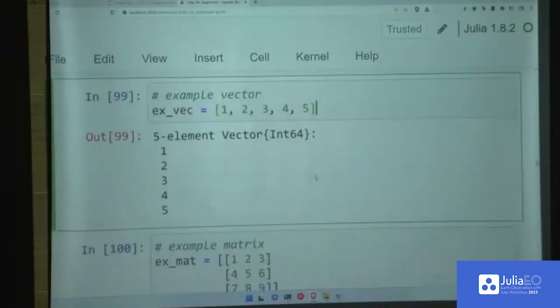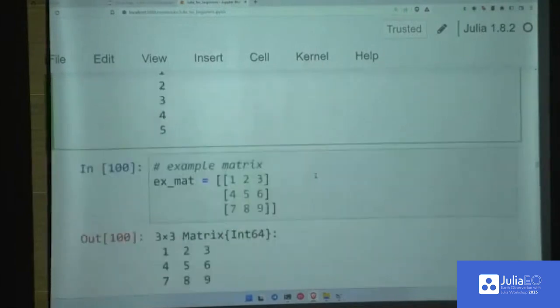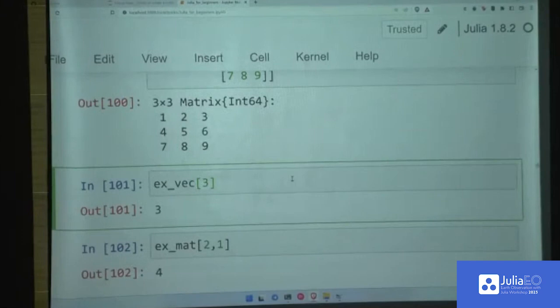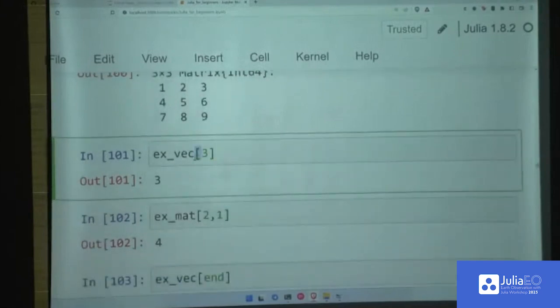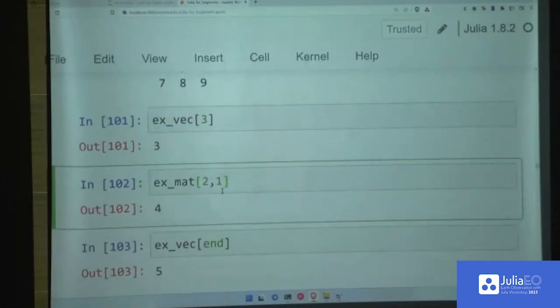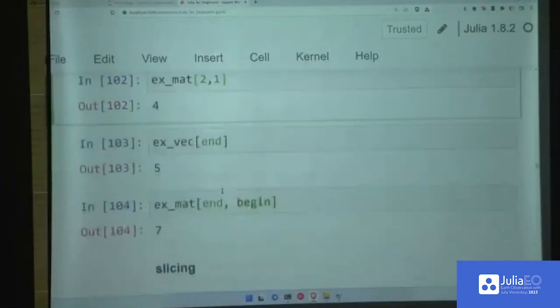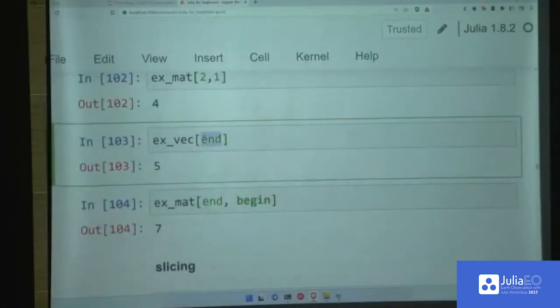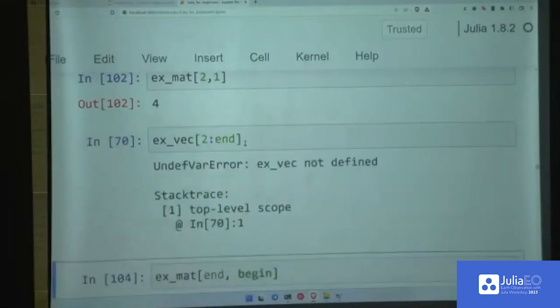indexing and slicing. So we have an example vector here and the example matrix. The indexing works with the square brackets. I've used it quite a lot already. It's actually overloadable, so you can define this kind of indexing behavior for all your custom types. It takes one argument for every dimension. So for the matrix, you would pass 2. You have these keywords to refer to the end and the beginning of an array, which is kind of handy if you want to make a range, for example, from